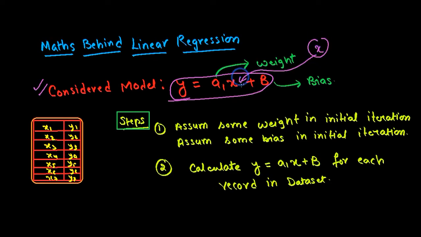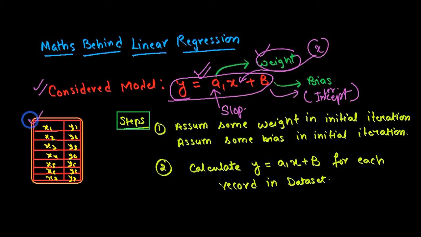Okay, and this what we called slope here is known as weight. Okay, so it is nothing but slope here. Okay, so it is slope, and here we are saying this slope as weight, and this intercept in machine learning is known as bias. Okay, so this is intercept. Okay, so we consider this model. We assume that this model is fitting, this model is the best fit for the given data. Okay, we assume that.